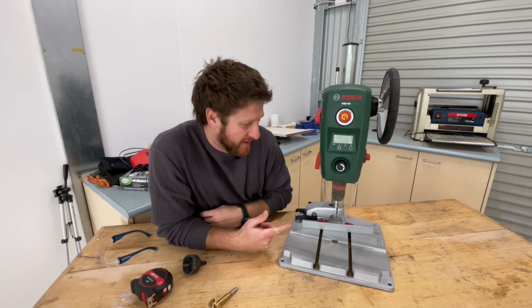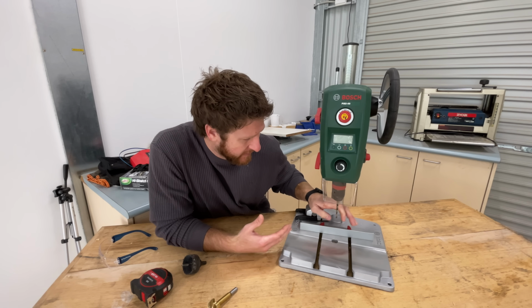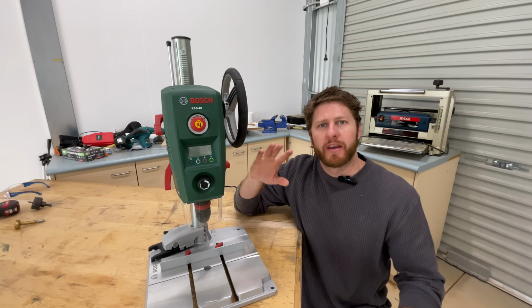Next thing is the fence. It's okay, it's just a little bit flimsy. It's a little bit hard to get straight. Do I love it? No. Is it okay for now? Yes, it will be. I'd probably say, looking at some other reviews online, the wheel is probably the number one con